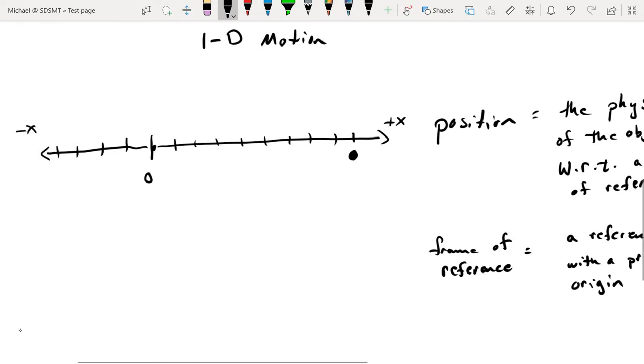Now if I were to measure the location of our point, I just need to count out along the reference frame until I get to that point. So we have 1, 2, 3, 4, 5, 6, 7, 8, 9. We are 9 units to the right of the origin of our reference frame. Now when I say units, we haven't really decided yet what we're going to be using for the units of position, but we have quite a few options available to us.